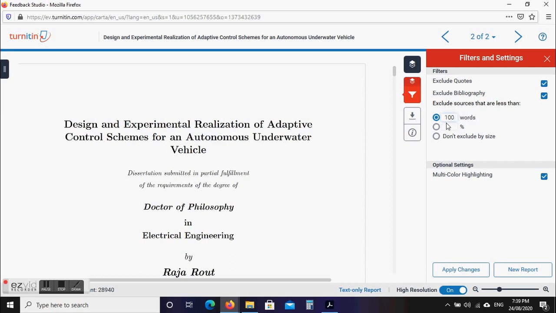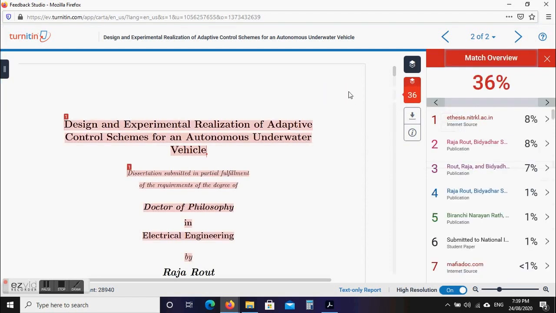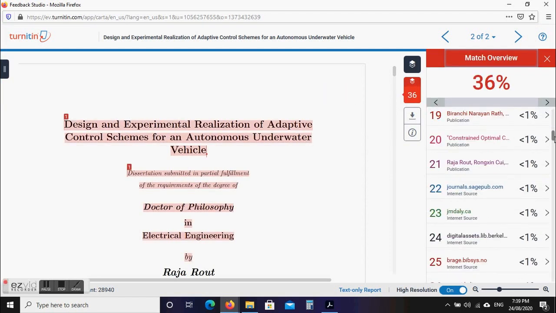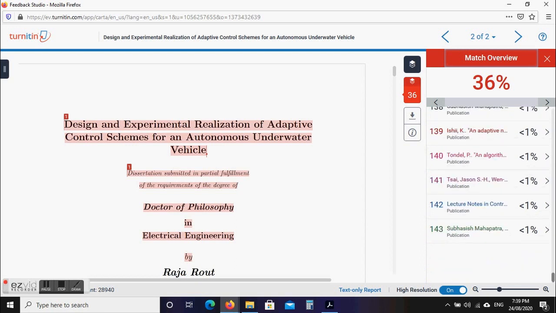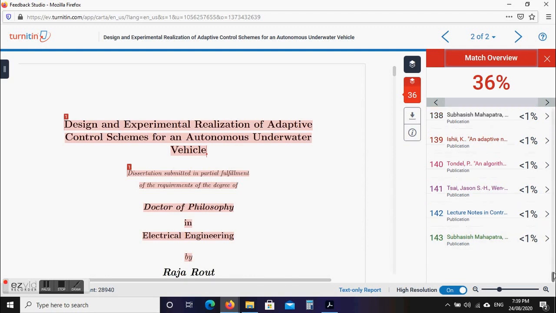You cannot write 0.5 or 0.6 here. That's why there is a word option, where you can write 100 words. This is the purpose of these two filters. You need not confuse it with consecutive words. It's the total number of matching words between your article and the matching article.